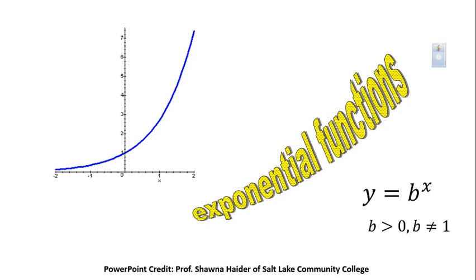But we're going to talk about exponential functions, and exponential functions are functions basically based on the graph y equal to b to the x. I'm using b instead of a. Some people use a. The key is the variable is in the exponent. When we were doing polynomials, the variable was the base and the exponent was a constant. But in exponential functions, the variable is in the exponent and the base has to be a positive number other